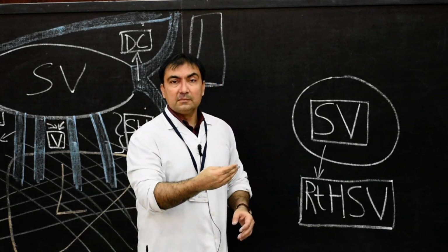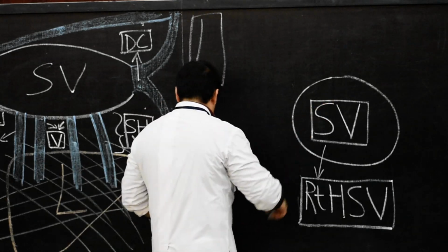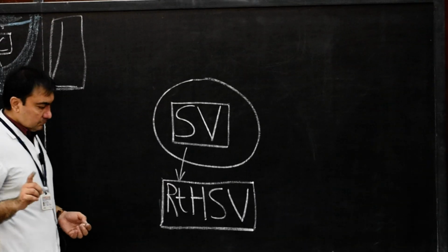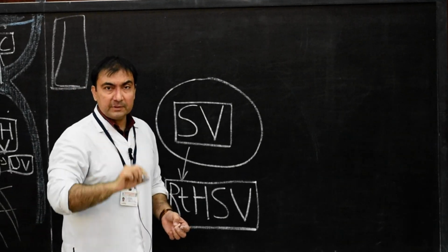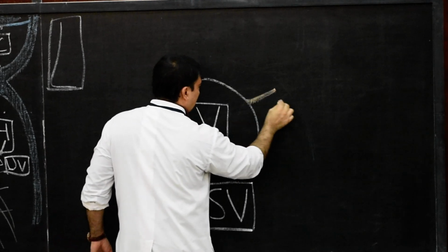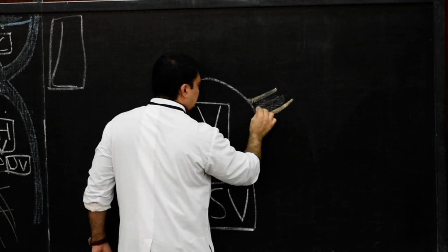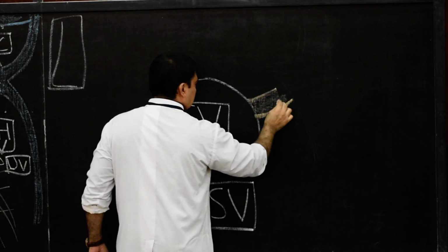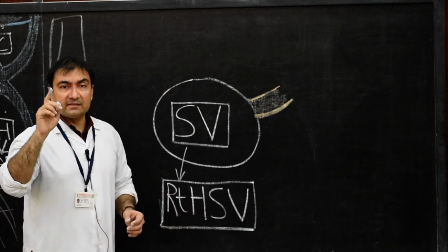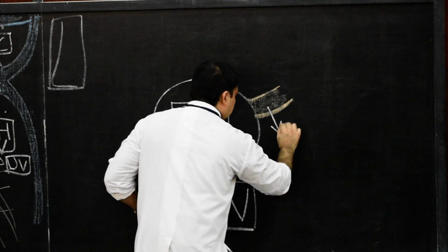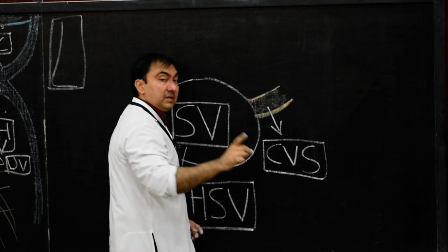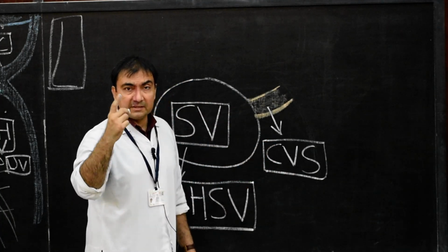What about left horn? Note down. On the left side, the left horn of sinus venosus, including the body of sinus venosus. This also is asked in one mark question answer. The left horn and the body of sinus venosus, please note down and draw this structure, will develop into coronary venous sinus. So therefore here I will write down coronary venous sinus, or simply it is known as the coronary sinus. We have learned that in the gross anatomy of the heart.